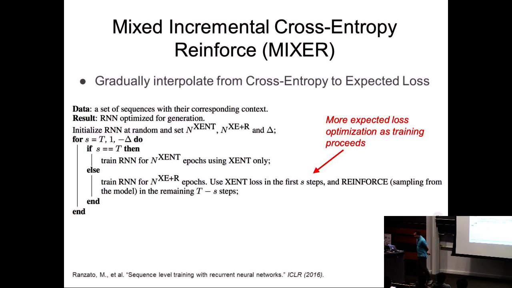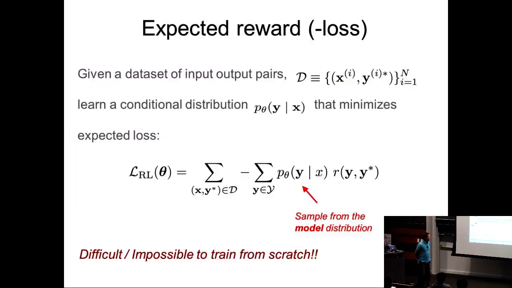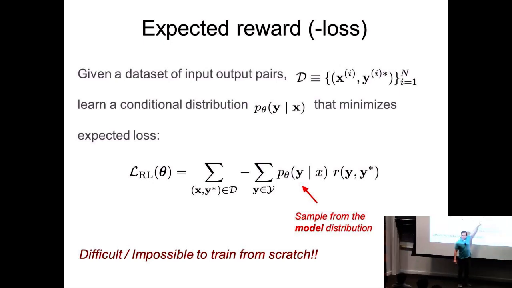Here's one example, and there is a corresponding paper that basically used something called the REINFORCE algorithm. What REINFORCE does is it basically samples from this conditional distribution and looks at the reward. If you sample from this conditional distribution and the reward is really bad, then you basically say it's bad. If you sample from the distribution and the reward is good, you basically say that's reasonable. So REINFORCE is like a Monte Carlo estimation. It basically says, I'm going to approximate the sum by drawing samples from this conditional. So it's a Monte Carlo approximation.